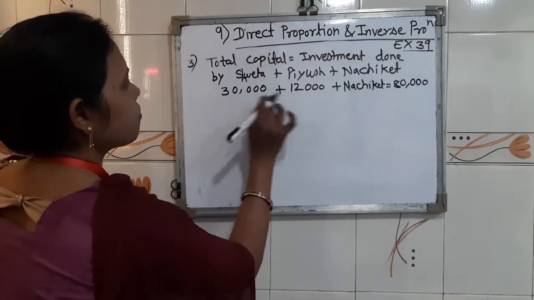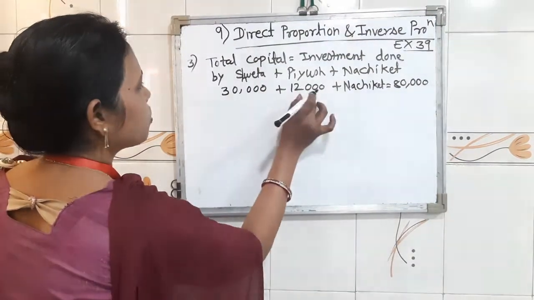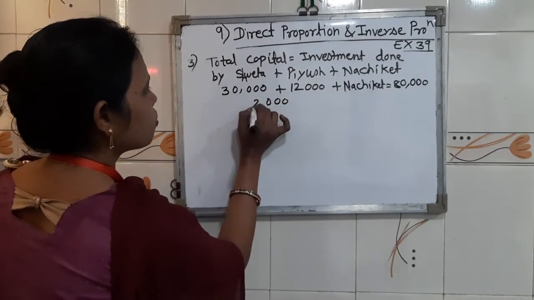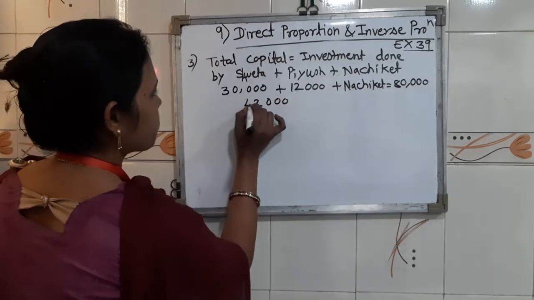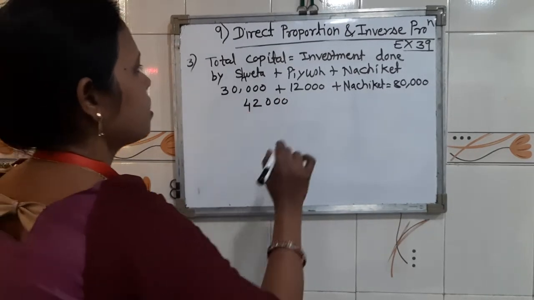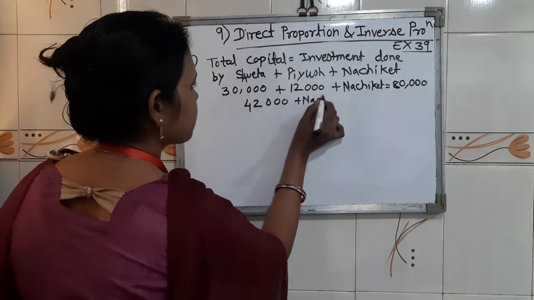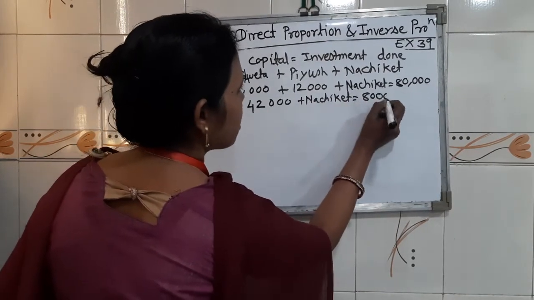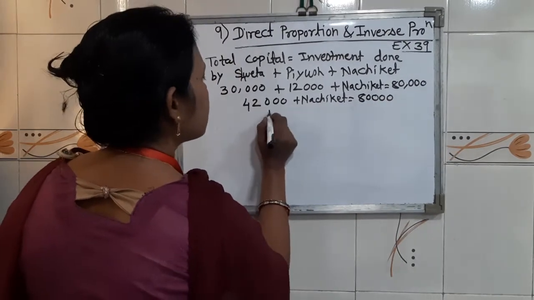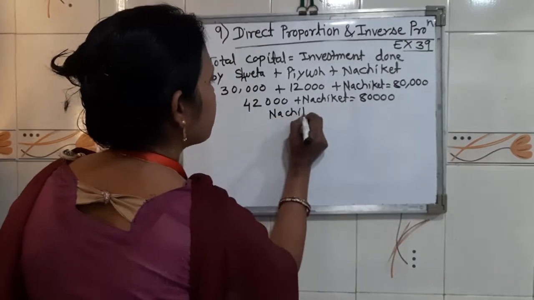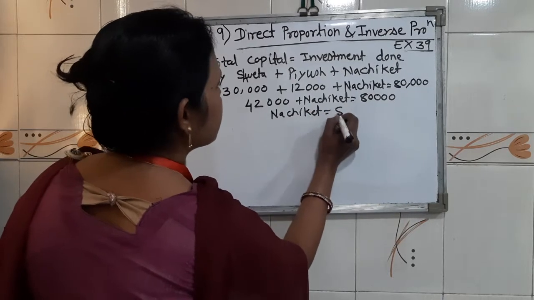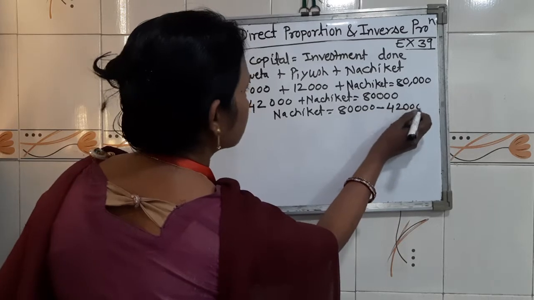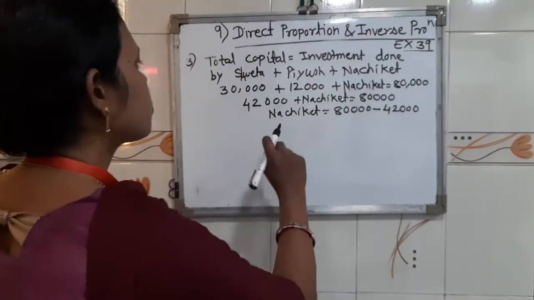So children, here we will add both these numbers: 30,000 plus 12,000 is 42,000. 42,000 plus Nachiket equal to 80,000. Then Nachiket's investment is 80,000 minus 42,000. So children, here